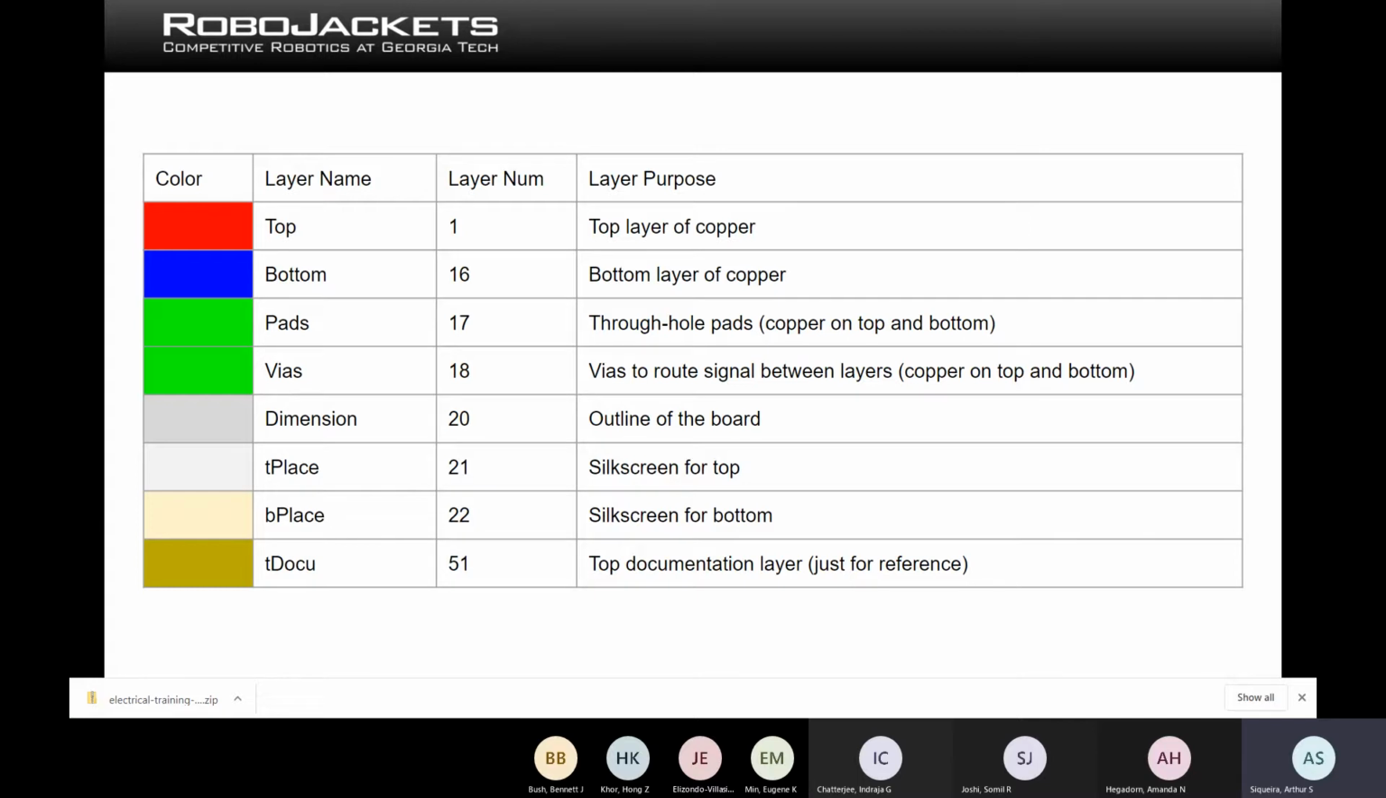And then pretty much now those two traces, the same signal but in different layers, are connected between each other. So vias help us connect stuff on different layers. And then there are also some